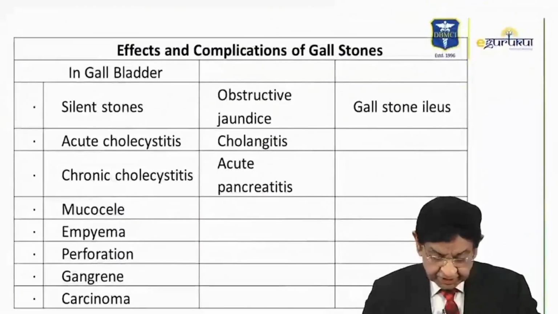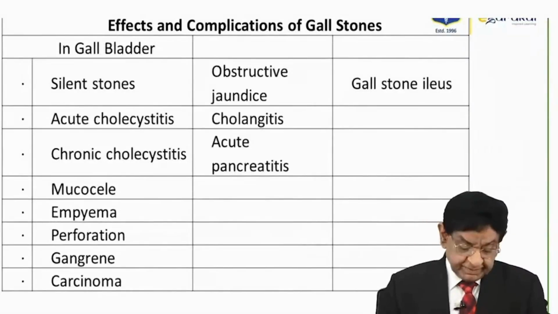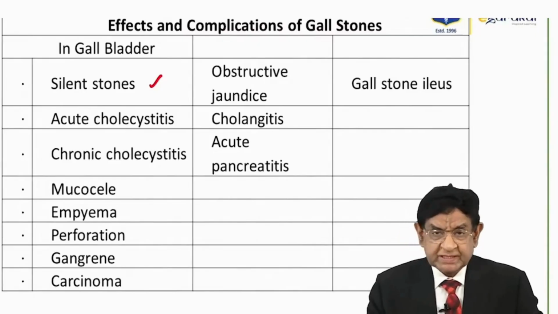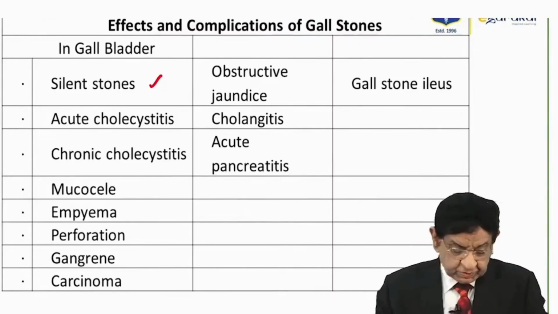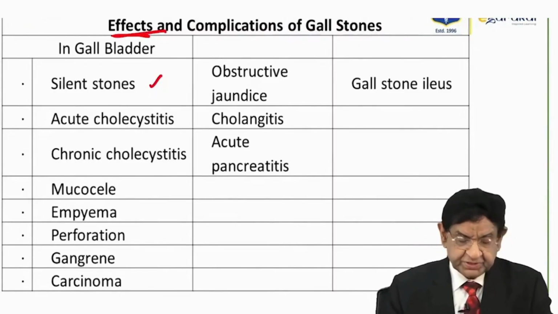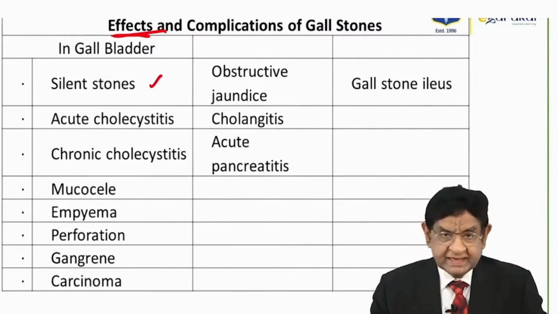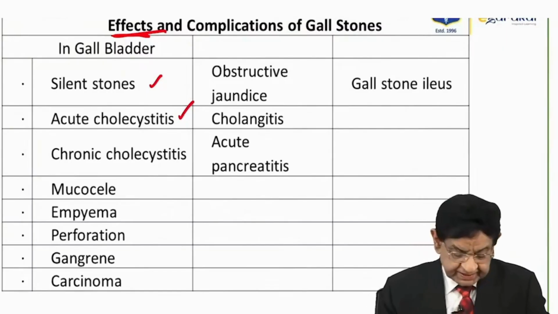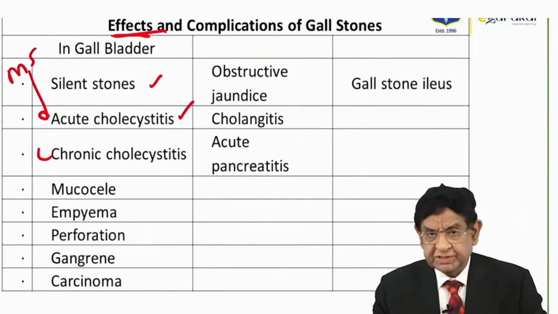What are the complications of a case of gallstone? Well, they may be silent stone. Silent stone means the patient has no pain. In fact, it's the most common presentation. So it is the effect, not a complication, right? And it's an incidental finding. It can lead to acute cholecystitis, and it is due to this that Murphy's sign is positive. It can even be chronic cholecystitis,